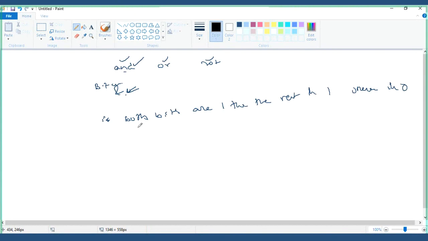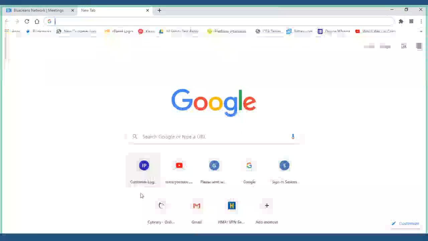Now I'm going to use the same condition we used earlier. Why is it not opening?